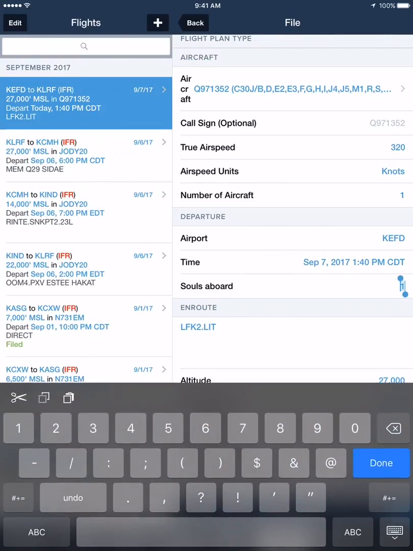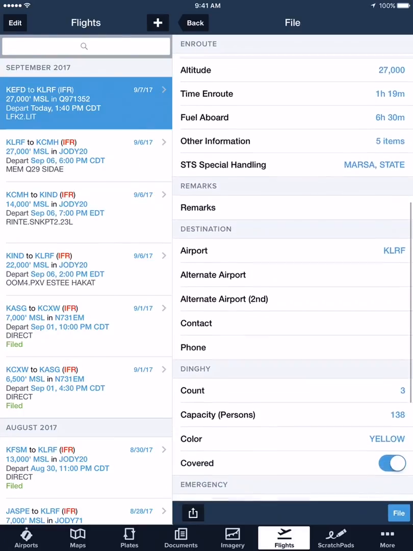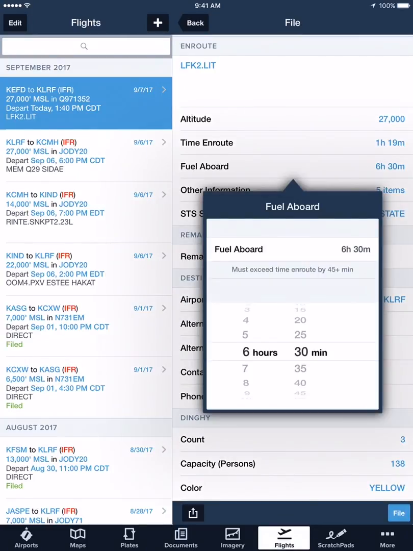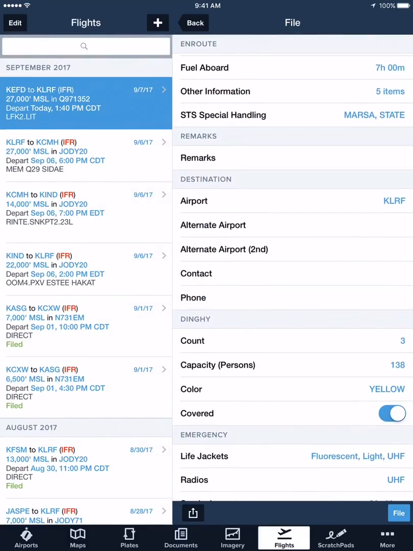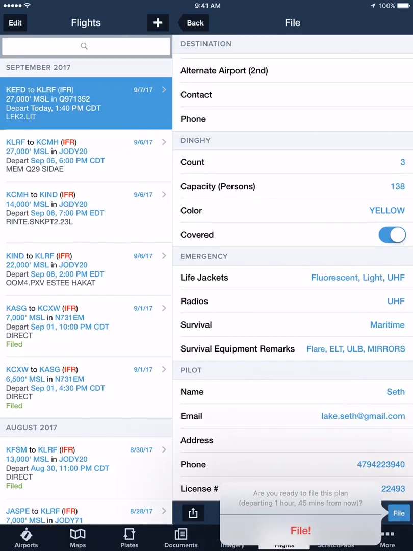You can change souls on board, usually it'll be 4 people, whatever, done. En route time, altitude, fuel on board, make sure the fuel on board is set to whatever it was last time, and you might need to change that to, well, okay, we got 7 hours on board, looks good. All right, you're happy with that, you can go to file, and it's going to say, are you ready to file this flight plan departing 1 hour 45 minutes from now? And you can hit